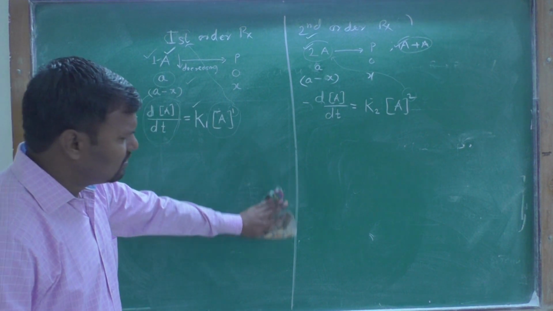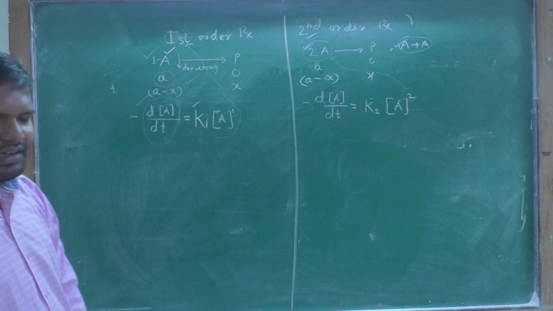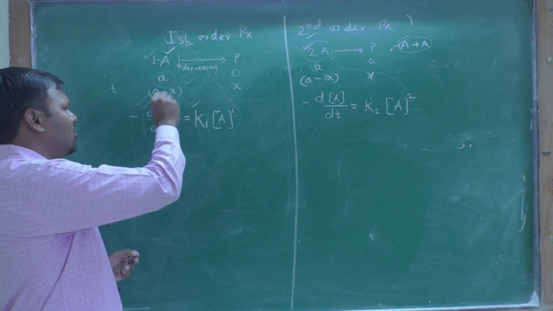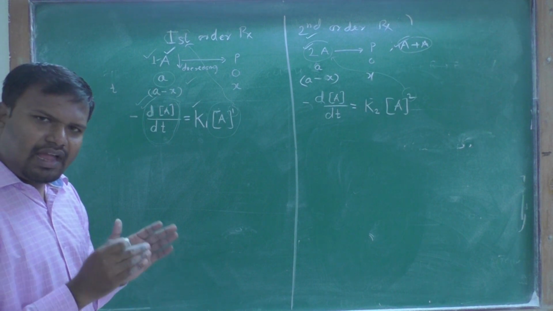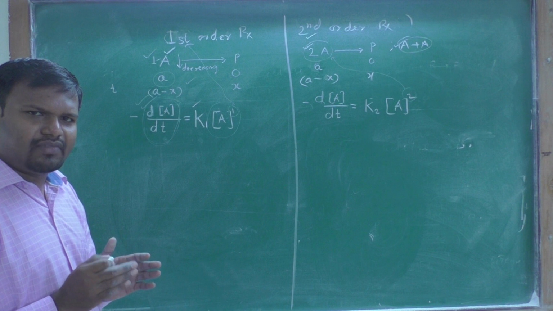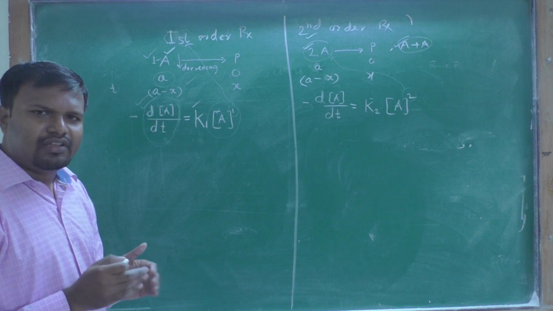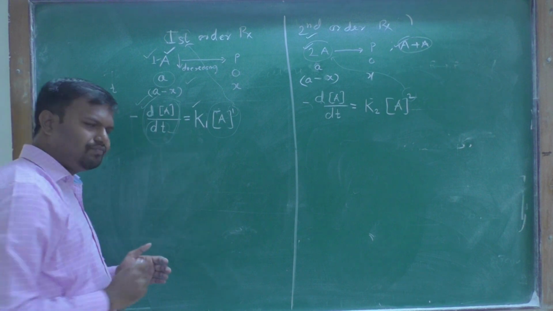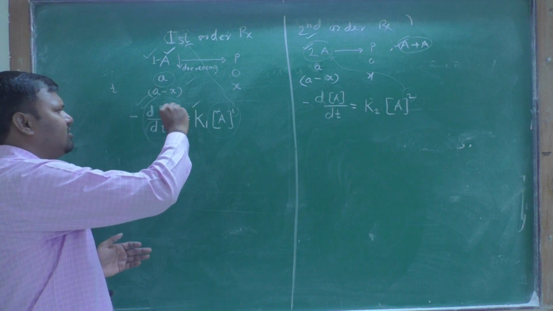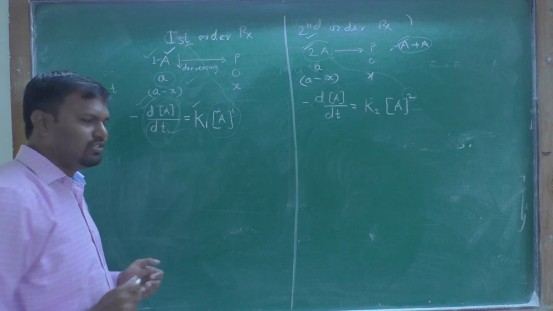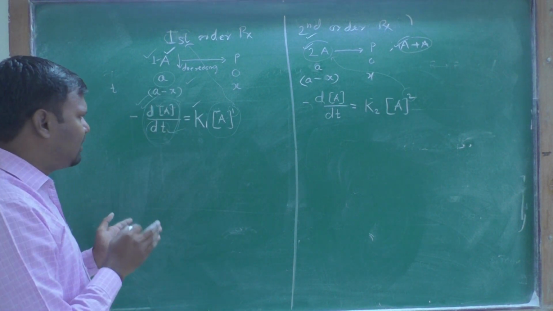Okay, this can be calculated by integrating that derivative, or the smallest part at an instant, at a particular time, very small, within 1 second. Suppose it is 1 second. What is the change in reactant? It is given by the derivative. In 1 second the reactant is changed, that is delta A.